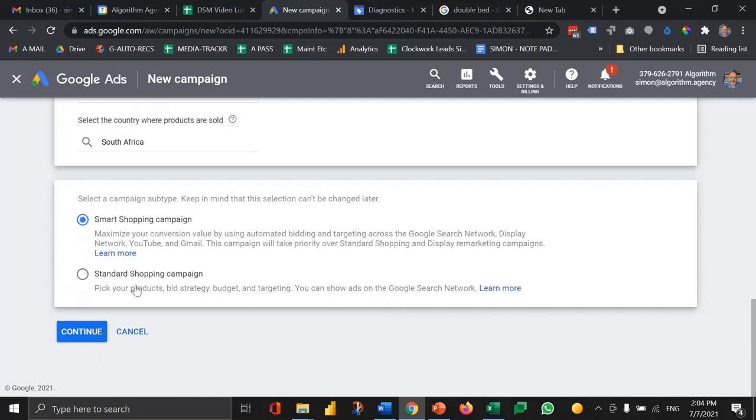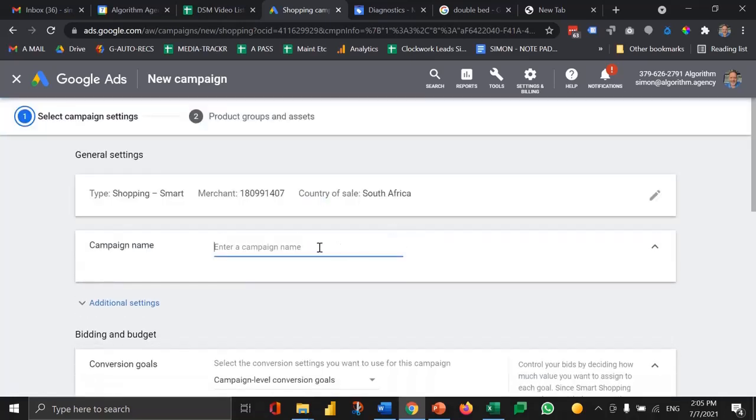And then as always, we've got this choice of either a smart campaign where Google does all of its self-optimization, or a standard shopping campaign. In most cases it's better to go for smart. The Google machine is better at optimizing than you would be manually in most cases. So then we just hit continue. It's now linked to that feed. You give that campaign a name, so let's call it